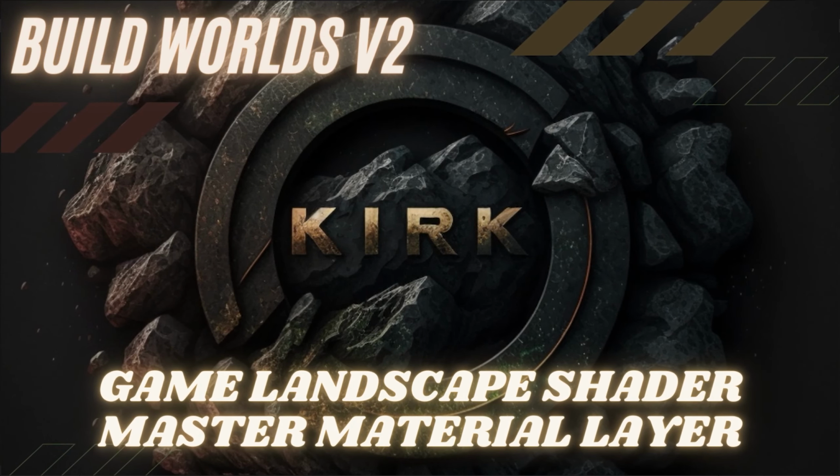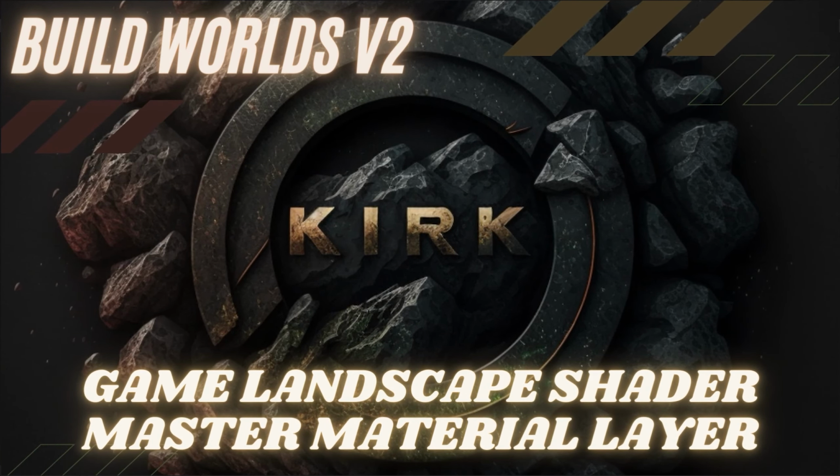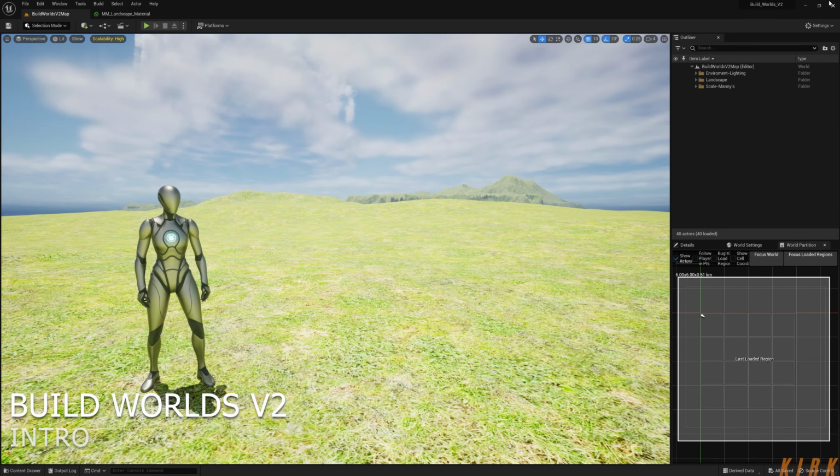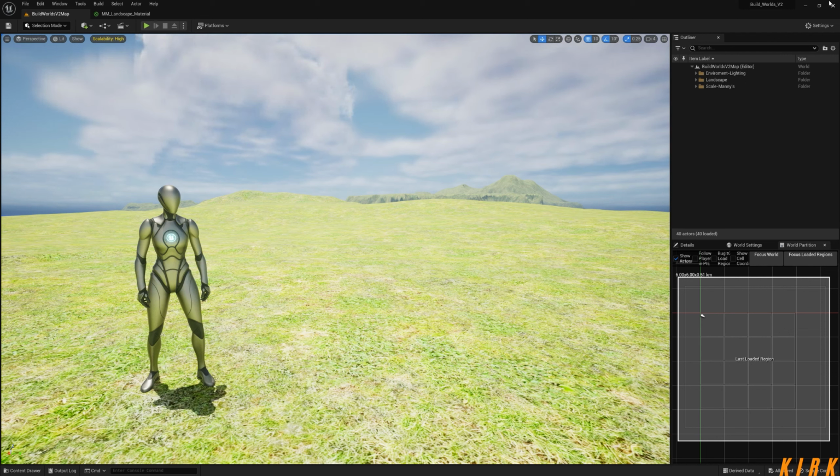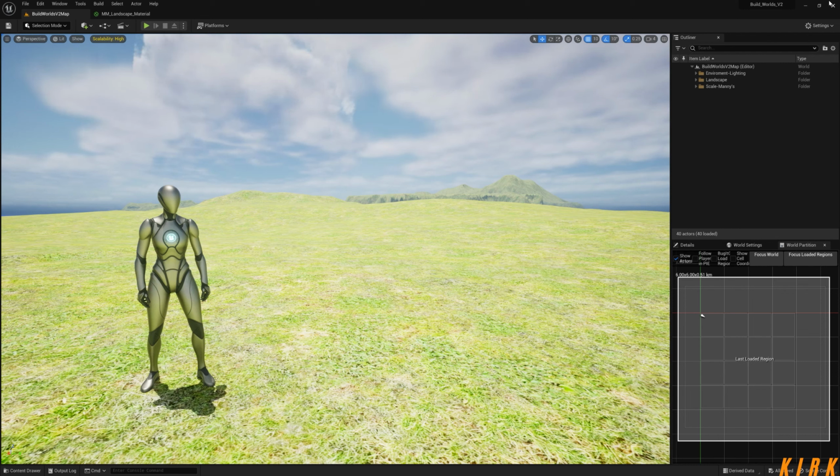In this week's video we're going to be building our master material layer, and essentially what I mean by that is we're going to build the parent of our material layers. So every time we want to create a new material layer to paint onto our landscape or use for multiple cases, let's just say on a landscape shader, we can essentially just come to our master material, duplicate it, and then what we're essentially doing is making a child of our master, and then we can have multiple different layers,